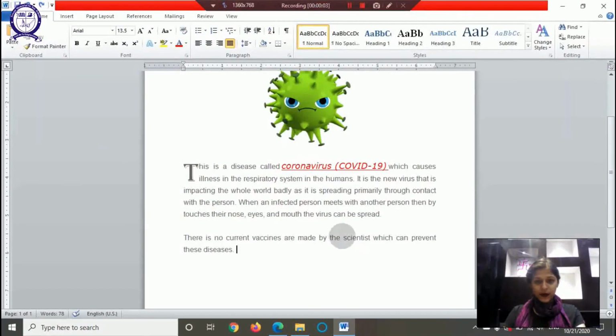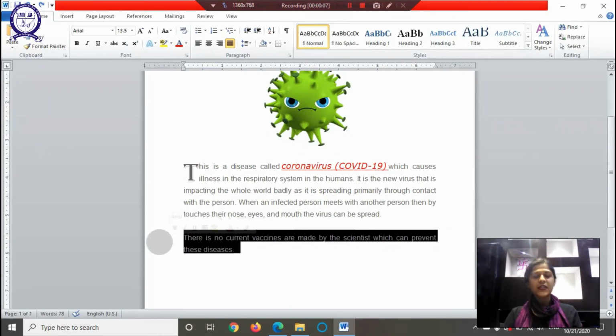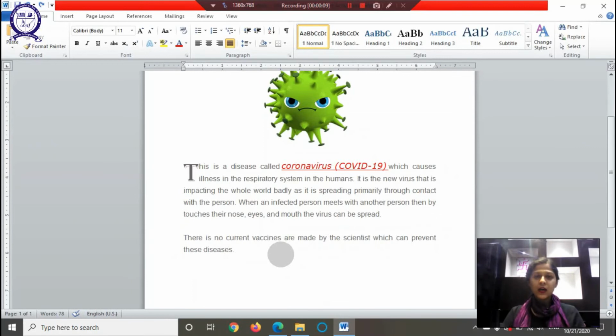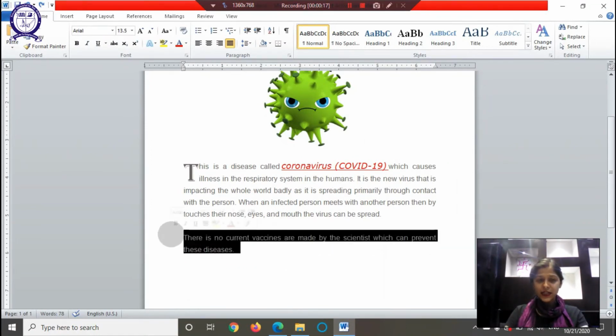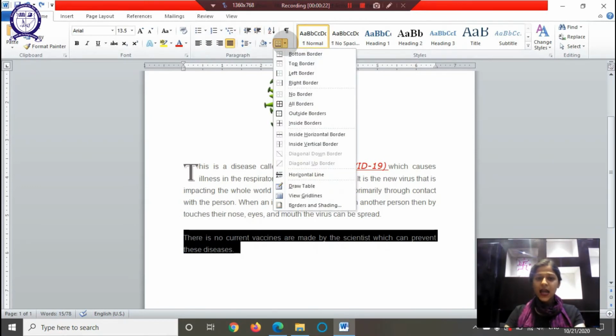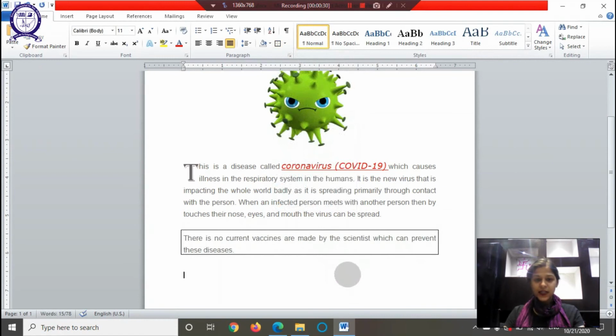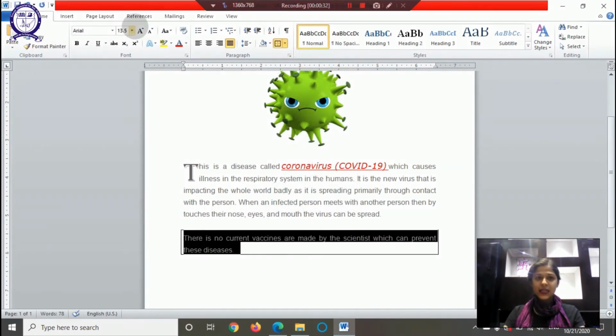So for example, this line in the whole paragraph is the most important one. You know that there are no vaccines available which are made by scientists to prevent or cure these diseases. So this is something that I would like to highlight. How will I do that? I'll simply select the text, and in the paragraph ribbon I will edit and add borders to it. So I can add all borders or right border. So if I add outside borders, you can see that my text is now